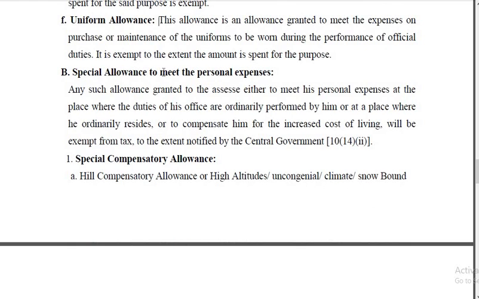Next one, special allowance to meet the personal expenses. So these are not totally taxable, not totally exempt. So normally these are allowed to compensate the employee for the increased cost of living. Any such allowance granted to the assessee either to meet his personal expenses at the place where the duties of his office are ordinarily performed by him,